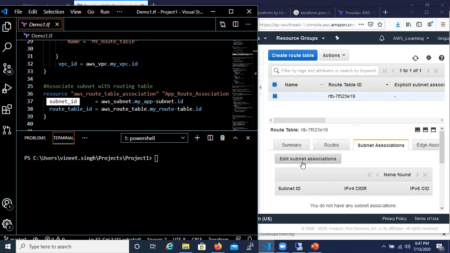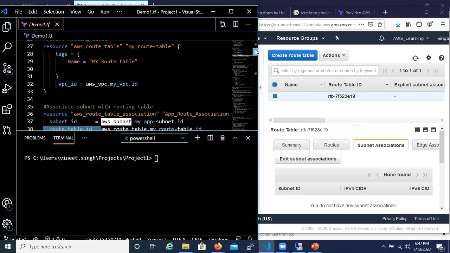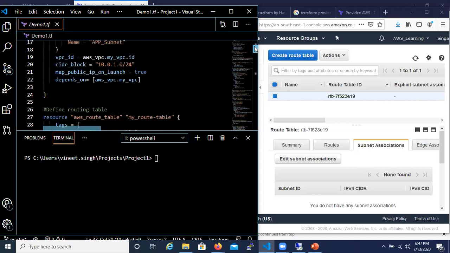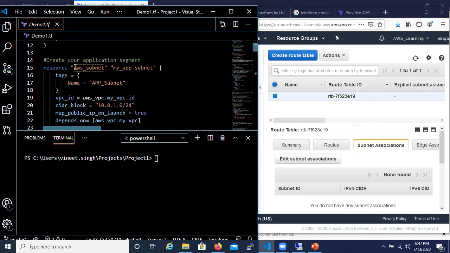So from GUI, it is very easy. So again, a similar trick which I'll follow is subnet ID is equal to AWS underscore subnet. Let's go back and have a look here. If we see, this is AWS subnet dot my app subnet.